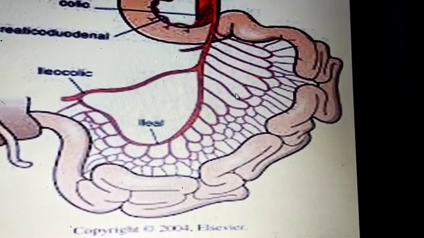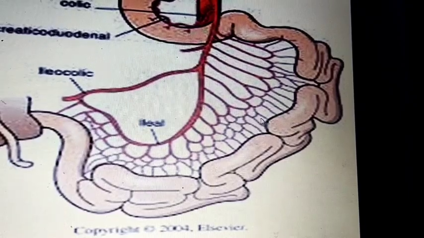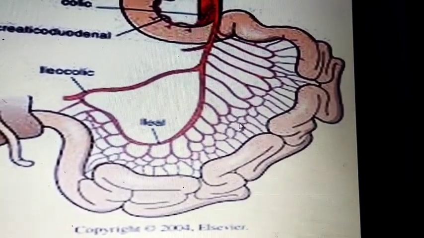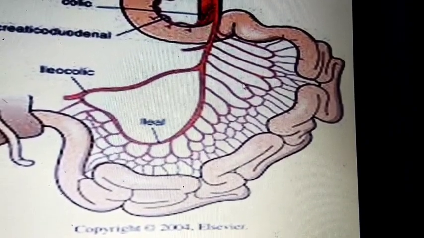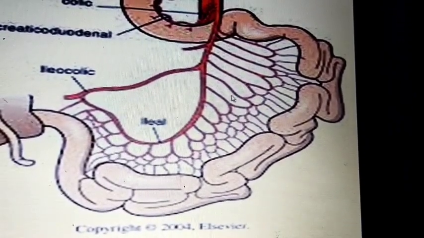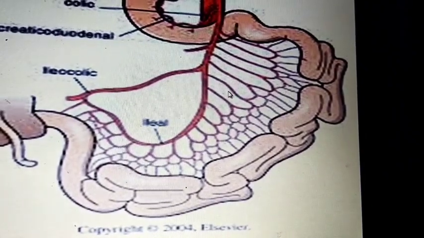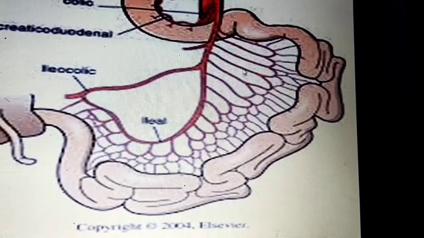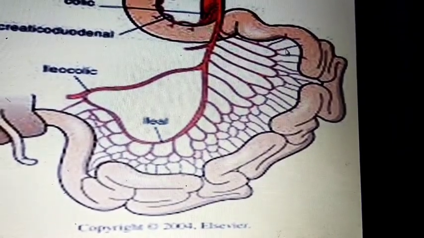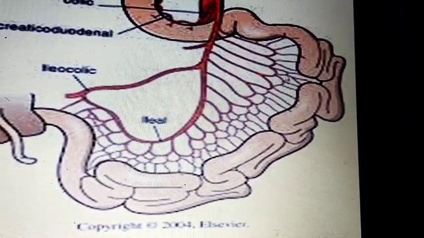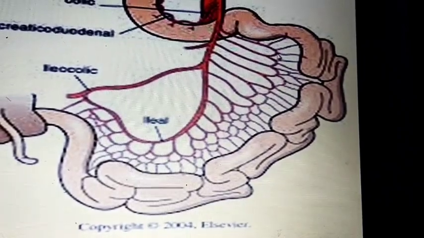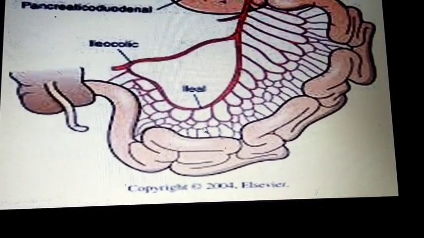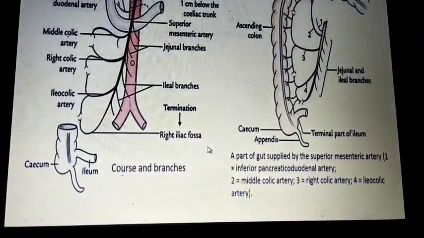You can see this is all blood supply of the branches of the superior mesenteric artery, and these are arcades or arches, like anastomoses of the superior mesenteric arteries. Branches of the superior mesenteric arteries they call arcades, and long terminal branches of the superior mesenteric arteries they call vasa recta. You can see here in this also. Can go for the next slide.